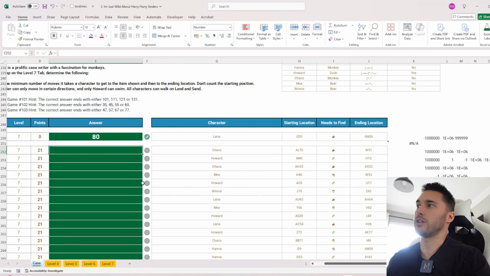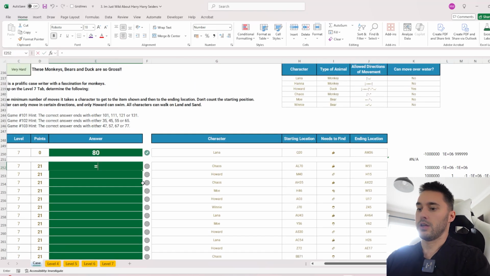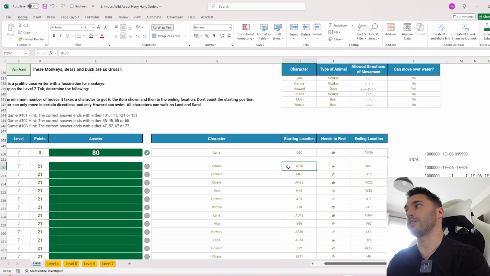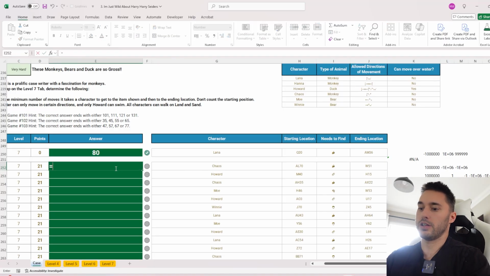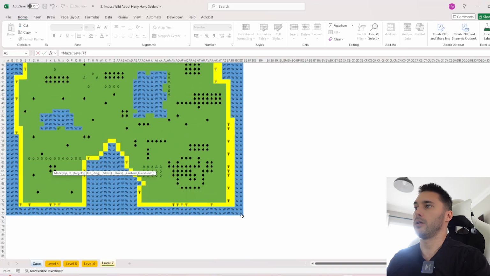So this is just a standard steps maze again. There's also a nuance in this question where we actually need to do it twice. We need to go from a start location to an object, and then back from that object to an end location. So let's just get the start bit done. So maze, obviously we have our map here,